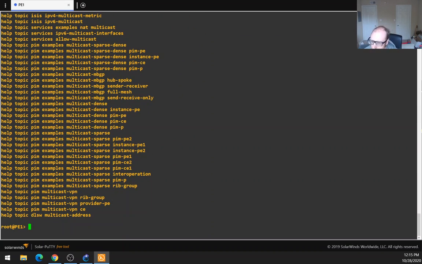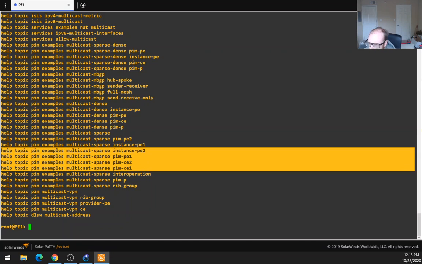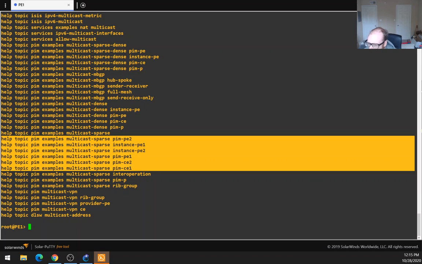Before, we looked at PIM-SSM. Here we go. So we've got examples, multicast-sparse. And look at this, we've got a full lab to go here. We've got one for dense as well. We've got one for MBGP. We've got one for sparse-dense. I'm not sure what that means,